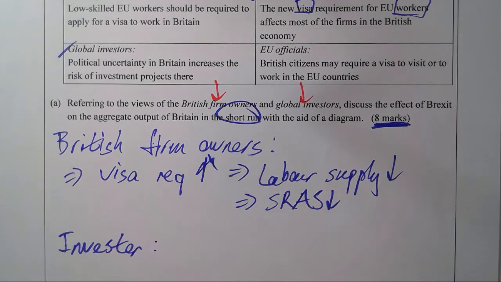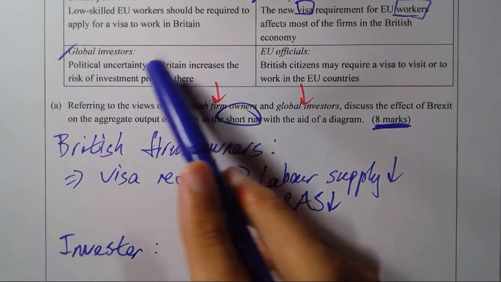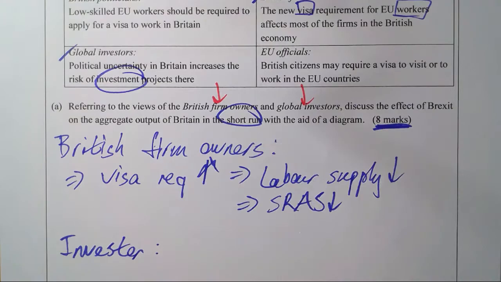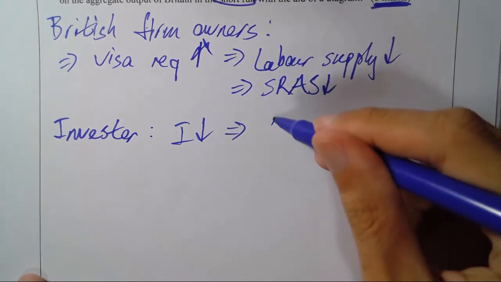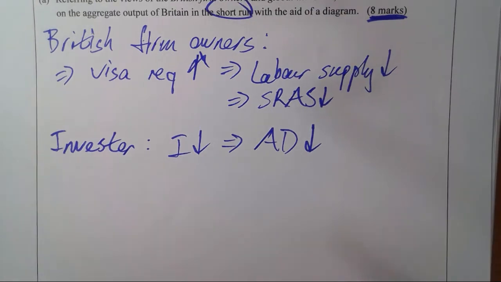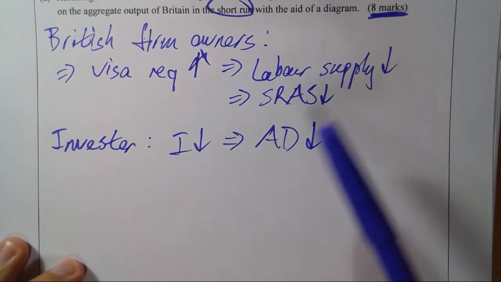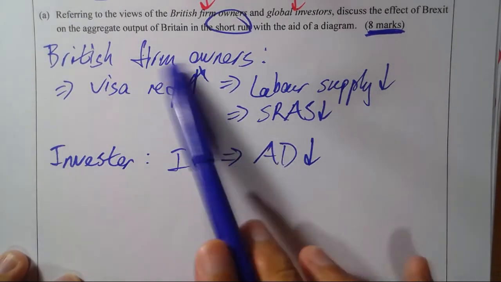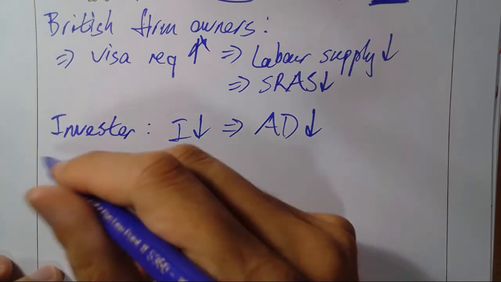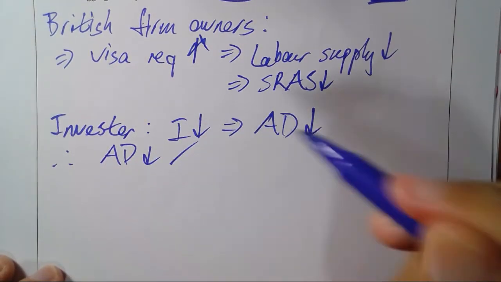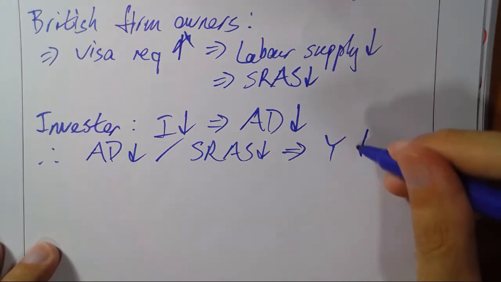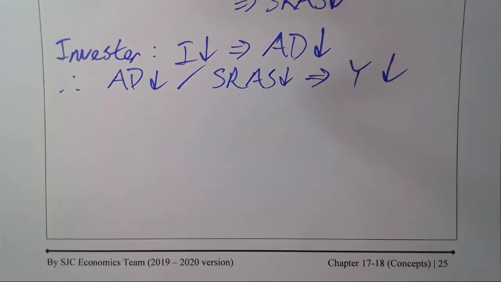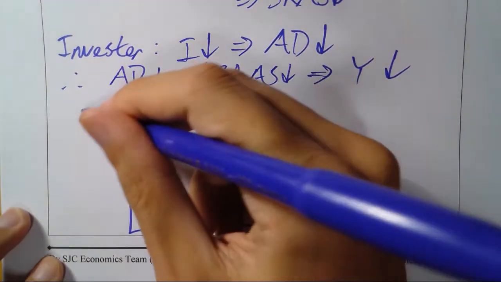咁個 investor 講啲咩啊？Investor, they claim that political uncertainty increases risk of investment. 你見到 investment 呢啲字啦？What does that mean? It means that I would decrease. Therefore, AD would most likely decrease. 係嘛？Again, there are many points you can talk about for Brexit, but for this question, you must use these 2 points because they are mentioned by the owner and the investor. Okay, now, therefore, both AD decrease and SRAS decrease. We are certain that output level would decrease in the short run at least. Right? 我哋肯定啦，呢個冇爭議啦。